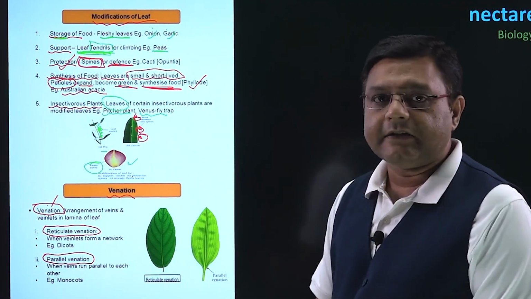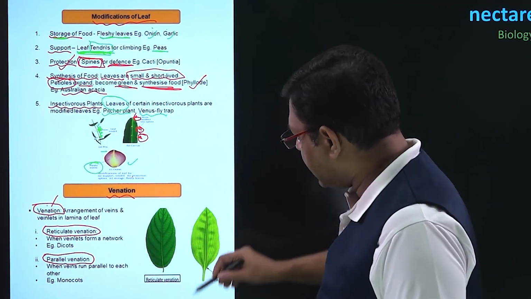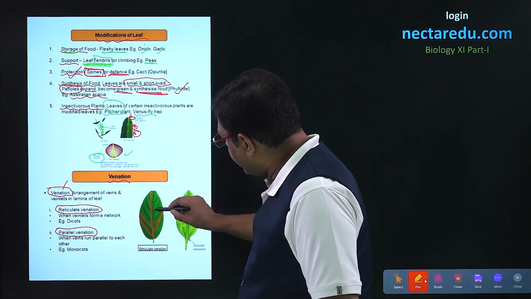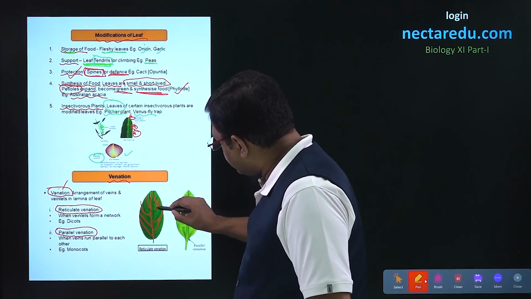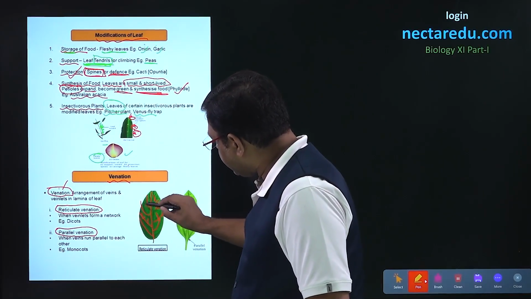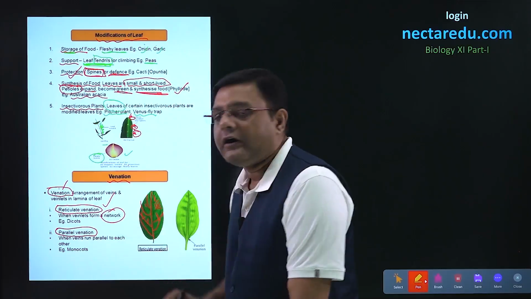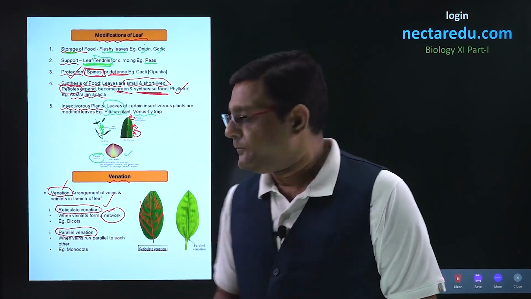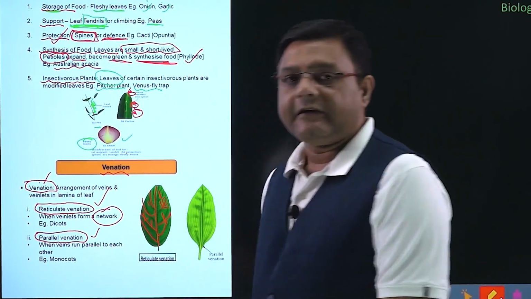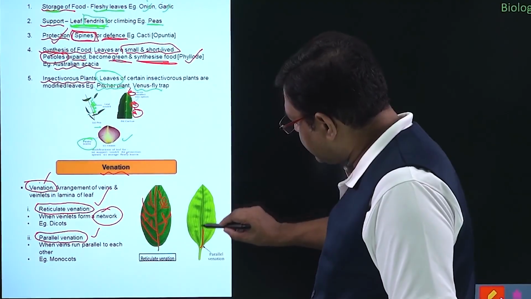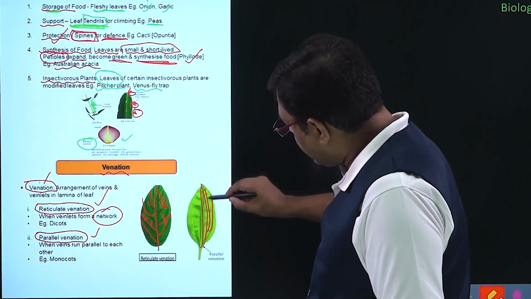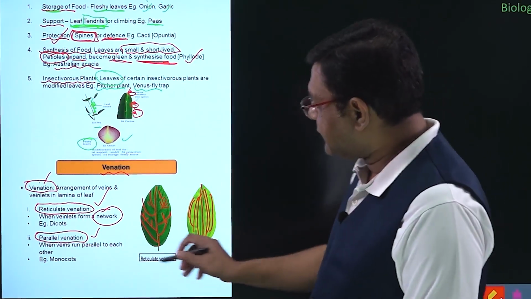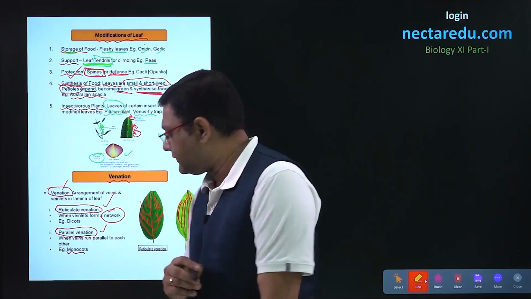The difference lies in the fact that in the first case, there will be a midrib. From these, a network of veins will arise. So, if the veins are present in the form of a network, it is called as reticulate venation, and reticulate venation is present in dicot plants. The second case is the parallel venation. In the case of parallel venation, all veins will run almost parallel to each other and it will not form a network, and this particular case is common in the monocot plants.